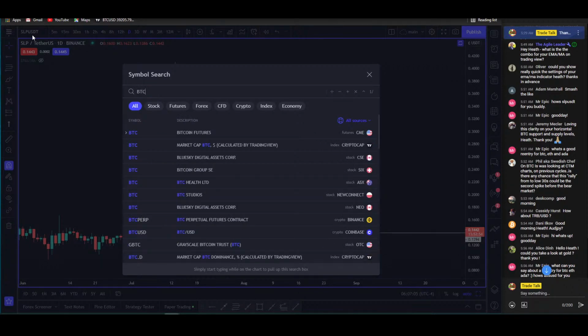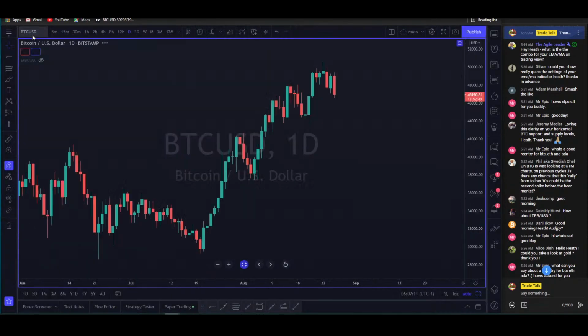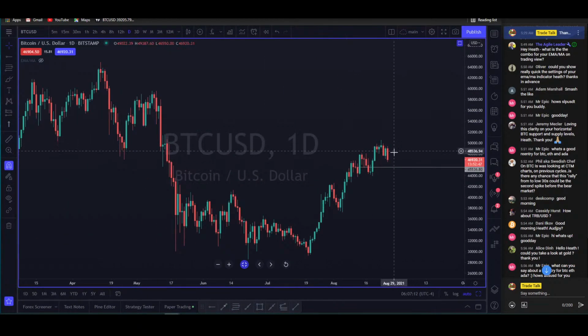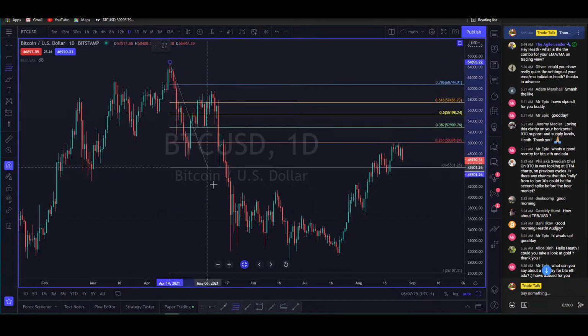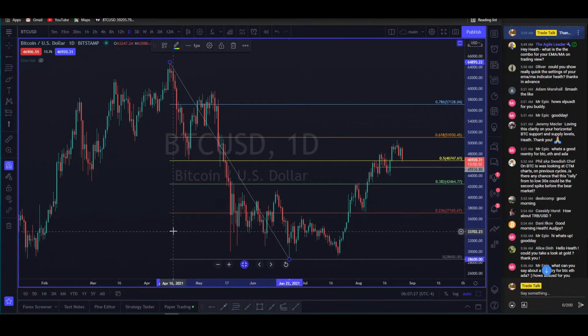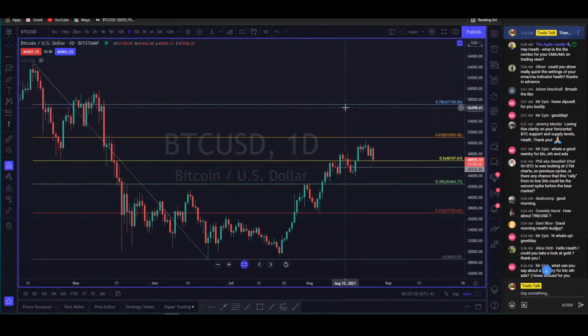That's noisy. BTC USD. This is why I said that we aren't looking for any bullish positions from around 48K up to about 52 to 55K. The reason for that is it's an area where I expect to see heavy selling. New shorts are going to come into the market, as well as people exiting their positions.